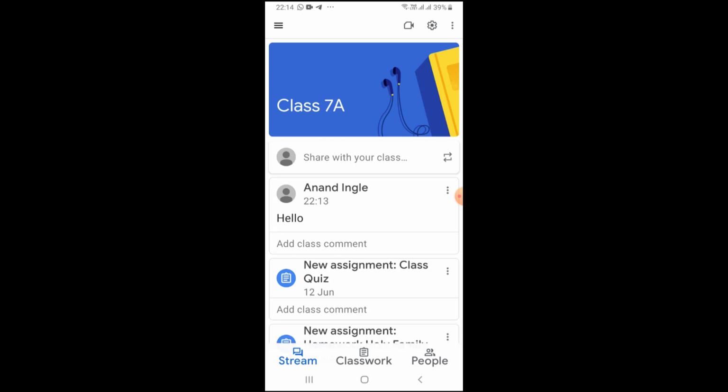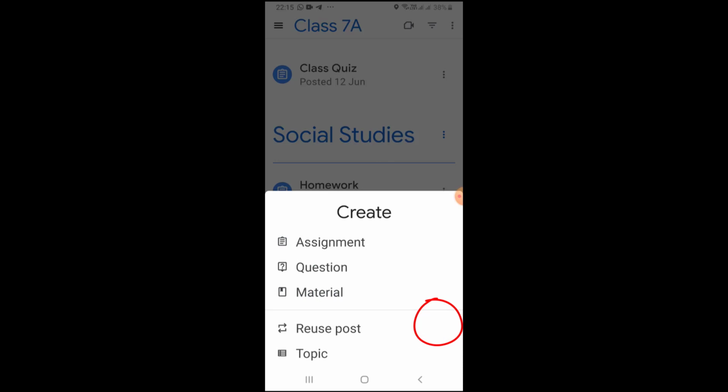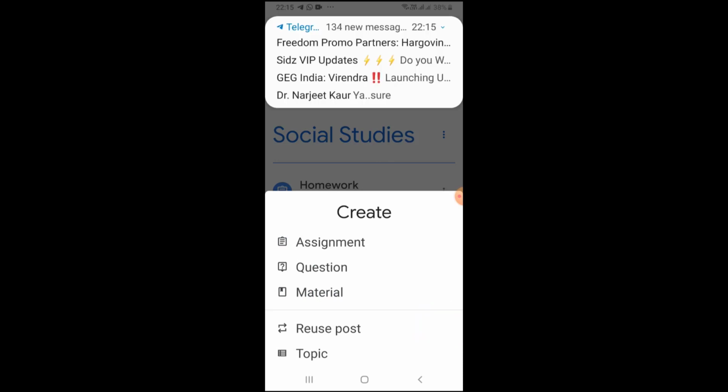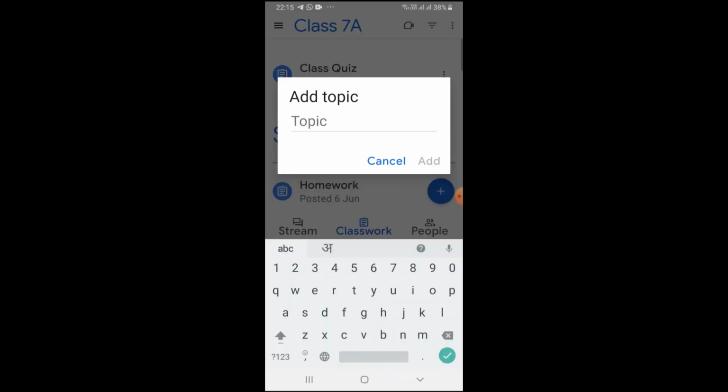Now you see the classwork tab here. So all the options within the classwork are available there. Within the classwork, you have the meet icon on the top. So when you want to start the live class, you can click on this icon. It would initiate the Google Meet. The plus button, if you click, you will get different options like creating assignment, sharing material, adding questions, adding a topic. So you can create various types of topics.